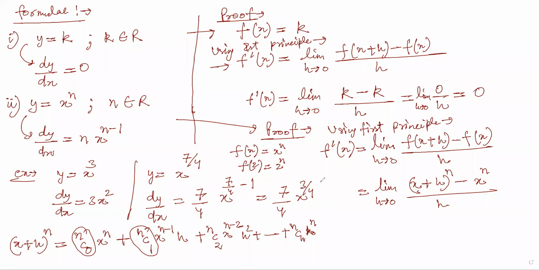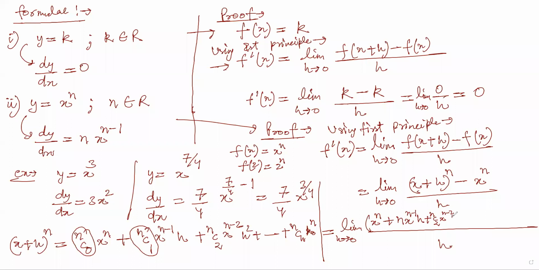So this will be limit h tends to 0, whole divided by h. This would be nC0, which is 1. So this is just x to the power n. First term is this. Then the second term is nC1, which is n, x to the power n minus 1 into h, plus nC2 x to the power n minus 2 h square, and the last term will be nCn h to the power n. This is the expansion of the first term minus x to the power n, whole divided by h,